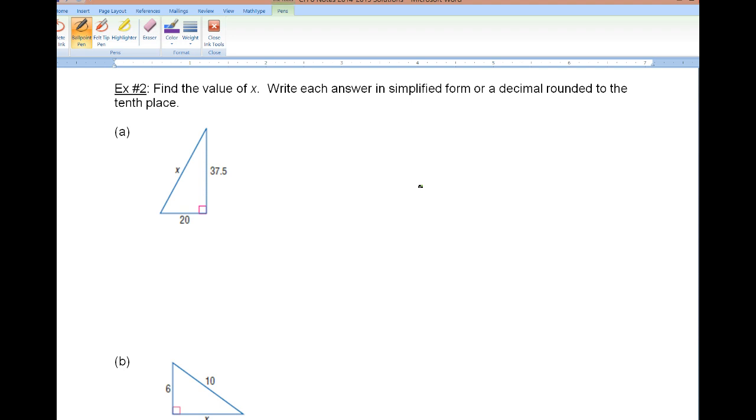Okay, so the Pythagorean theorem is something that you probably started using in pre-algebra and then again in algebra. So finding the value of x is basically, you just have to notice where the hypotenuse is. So in this case, which one is the hypotenuse? X. Does it matter which one we make a and b? No, in fact, you don't even have to label it. At this point, I would expect you just to plug into the formula. So 20 squared